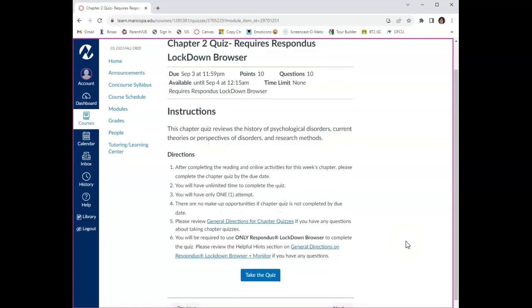The third assignment is the chapter quiz. You will have unlimited time to take the quiz, but you will only have one attempt. You will be required to use only Respondus Lockdown Browser for this quiz. Make sure to know that you will not be able to use any notes